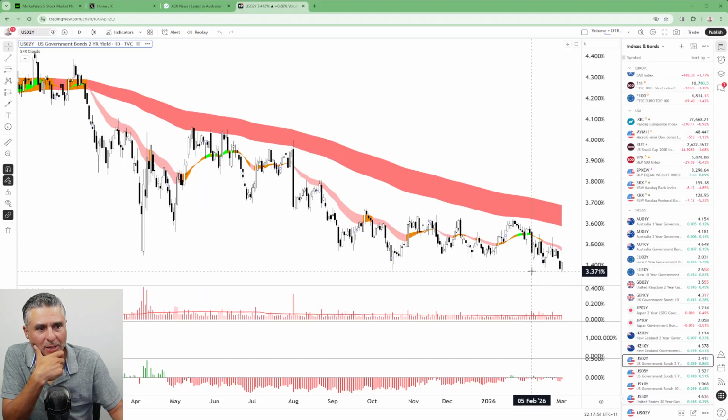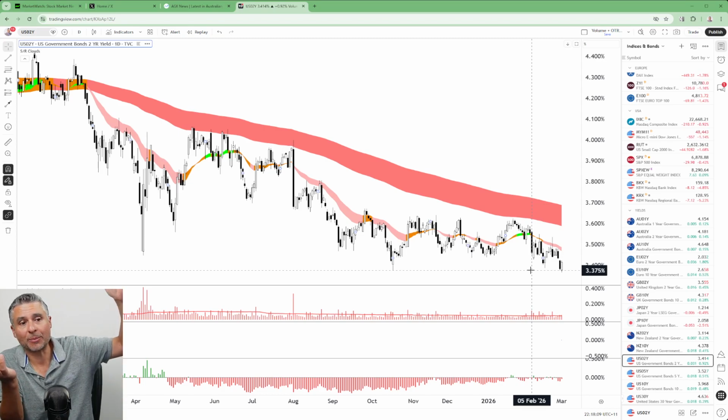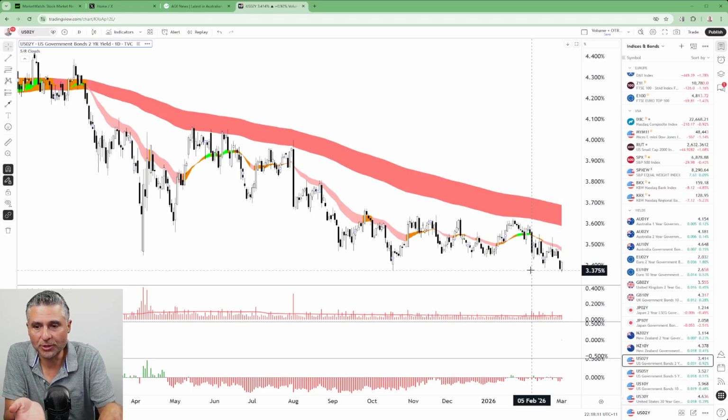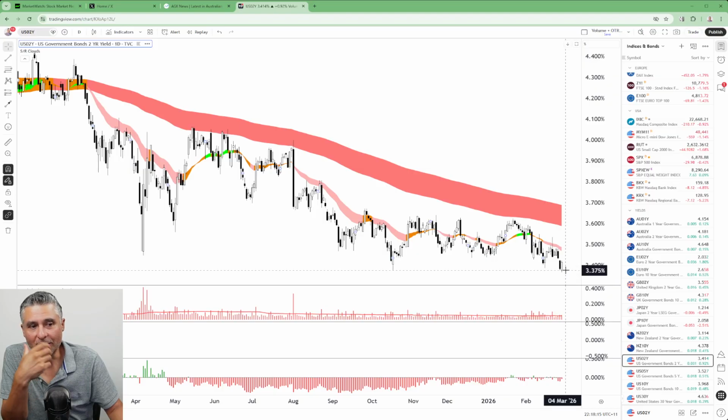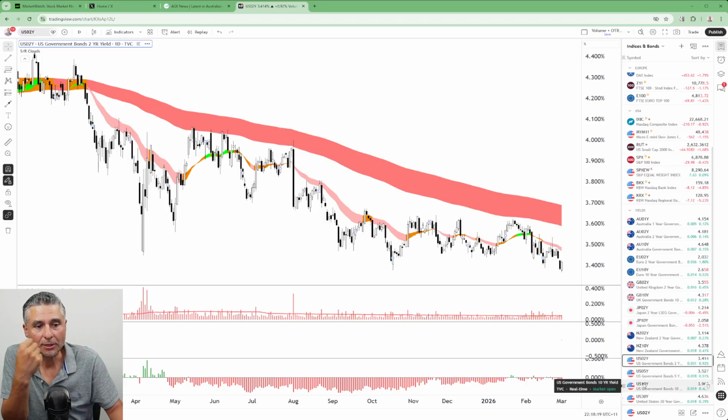Obviously, these are coming down because of Fed cuts. They could be coming down because shorter-term traders are taking money out of risky Nasdaq stocks, and they're buying bonds. So we know when the prices of bonds go up, the yields of the bonds come down. So potentially this is signifying a bit of Fed expectation and a bit of flight to quality.